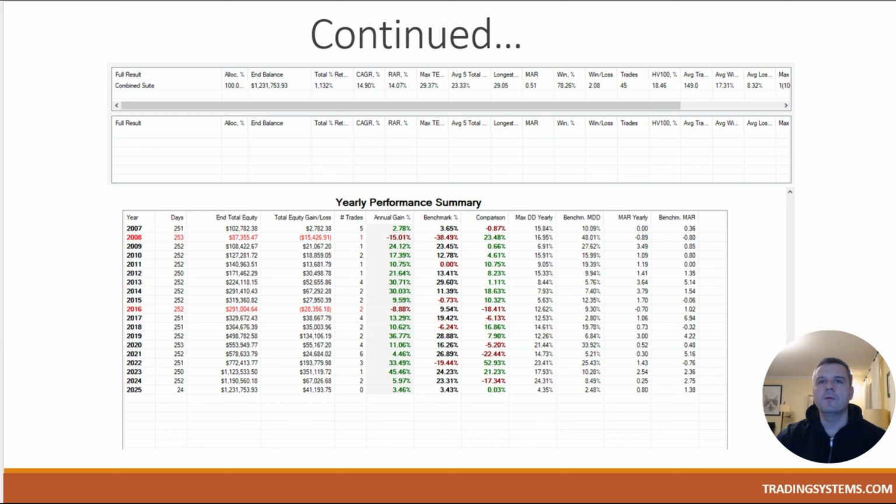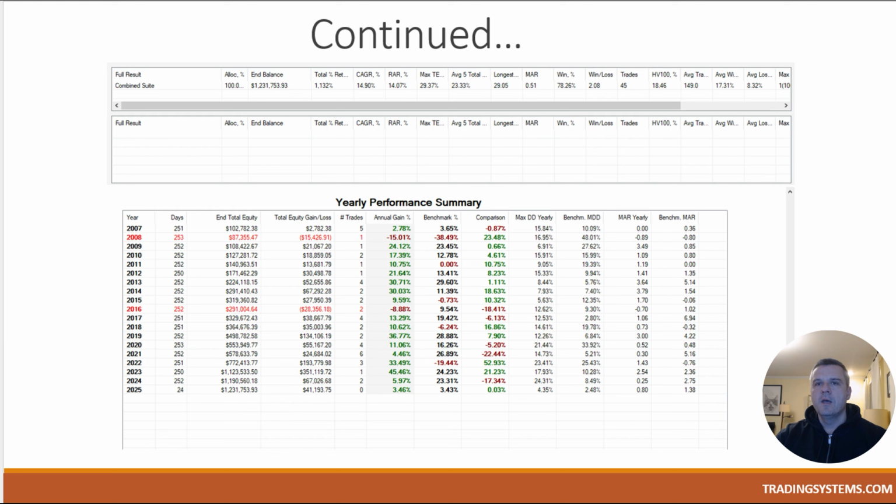Okay, now here are the numbers that you can see. It only has 2 losing years in the last 18 years of trading, 2016 and 2008. Otherwise, including 2022, it's a winning year, 33%. It obviously outperforms the market by a lot. It underperformed in 2024, but again, it's not just one system that you want to have in your toolbox. This is just one of the systems that you might use to smooth out your curves, and I will have different videos to talk about how to put it together with other systems and see how it performs